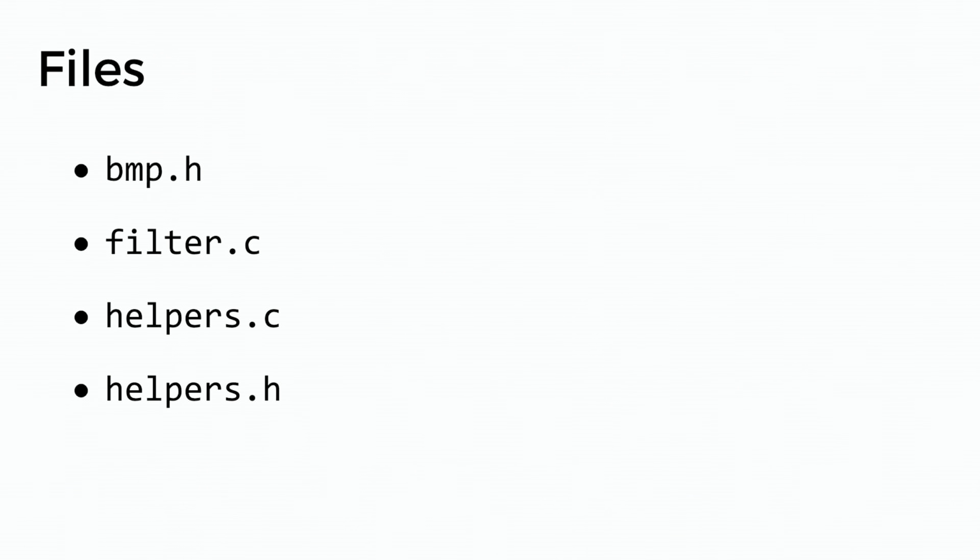Helpers.h is the header file that's going to declare all of the functions that show up in helpers.c, telling you what the return type of the function is and what all of the types of the arguments to the functions are. Finally, we've given you a make file, which when you run make is going to take all of these files and combine them together into an executable that you can run to actually apply these filters to images of your very own. We've completed all of the files except for helpers.c, and that's where you come in.